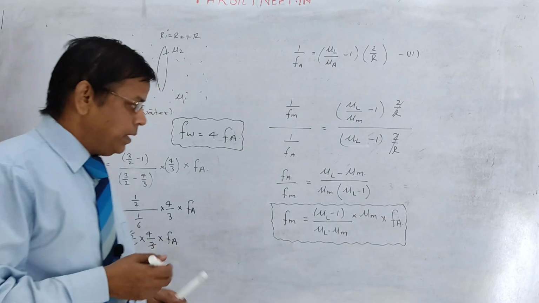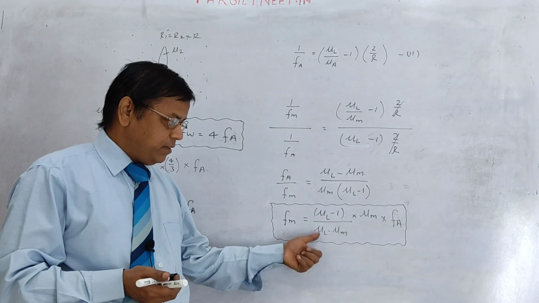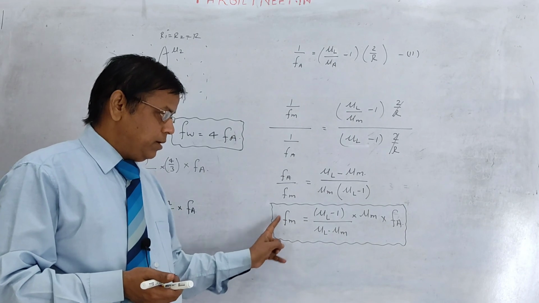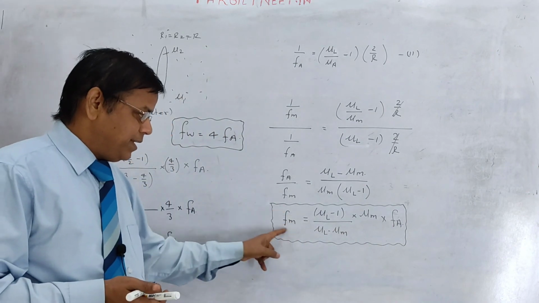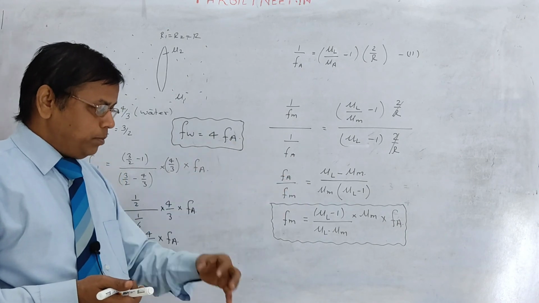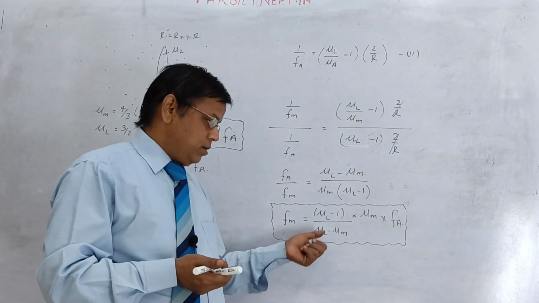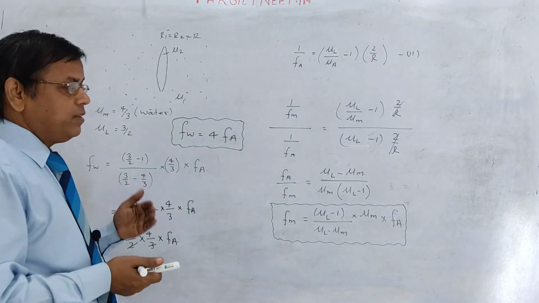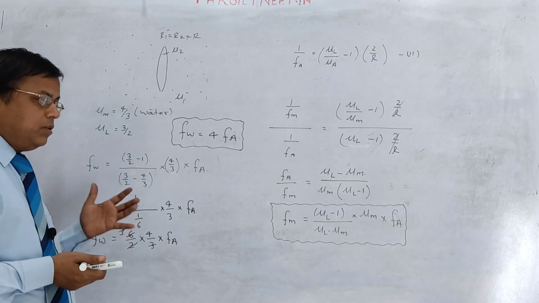You can use this. Now suppose if refractive index of medium is greater than refractive index of lens, then this becomes negative. It means this will be negative of this. If focal length in air is positive, then focal length in medium will be negative. It means if lens in air is convex, then lens in medium will behave like concave. So lens changes its nature if medium has more refractive index than lens material. Means convex lenses start behaving like concave, and concave lenses start behaving like convex lens. So remember this thing also.